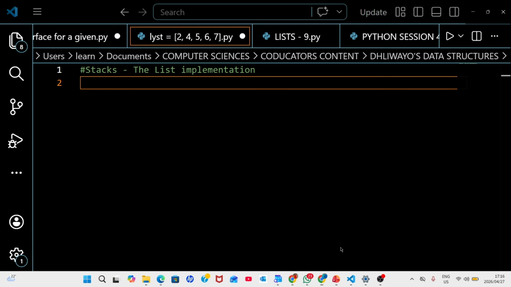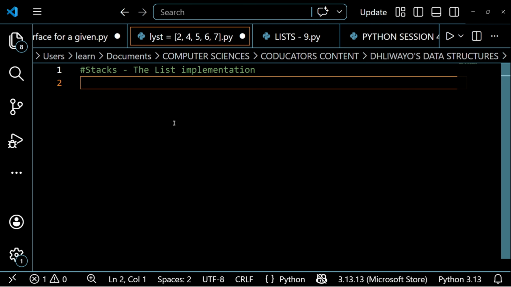Okay, so now let's just try to take this into code and try to implement stacks. All right, so when we want to try and implement stacks, I'm going to just use VS Code here. We are going to use the list implementation. Basically, remember that the data structures that are most recommended to use are lists. In most cases, we usually use lists as the data structures to be able to construct conceptual data structures such as stacks and stuff like that.